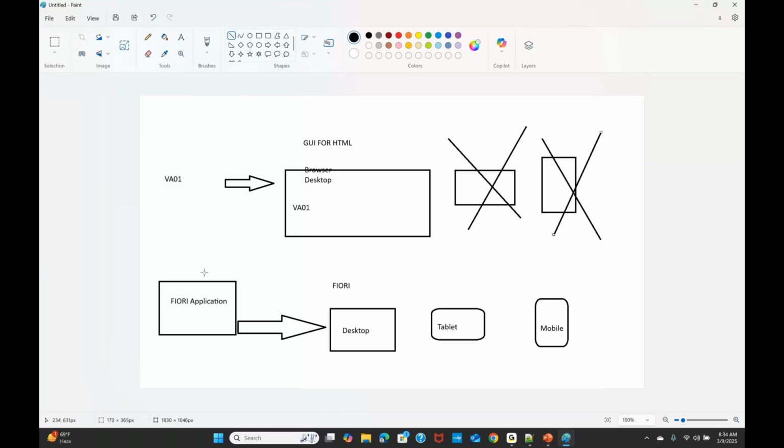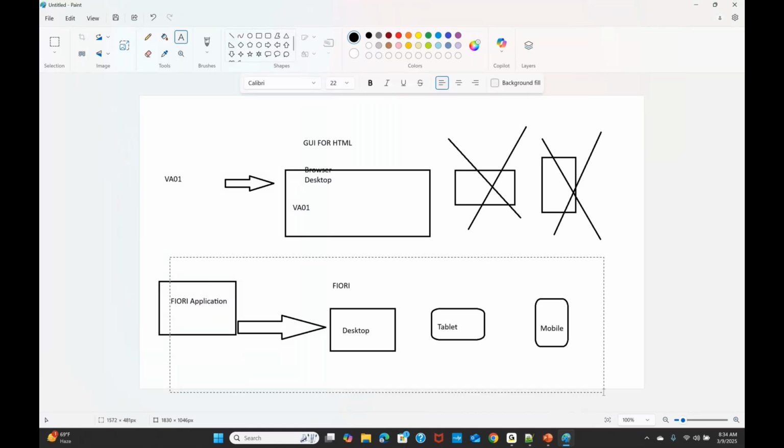If I want to modify any screen, then we have to follow the same rules that we followed for SAP GUI, where the customer wants to use an exit or modify. You're talking about modifying this application, the Fiori application only, yes. So when you want to do extensions to these standard Fiori applications, okay.